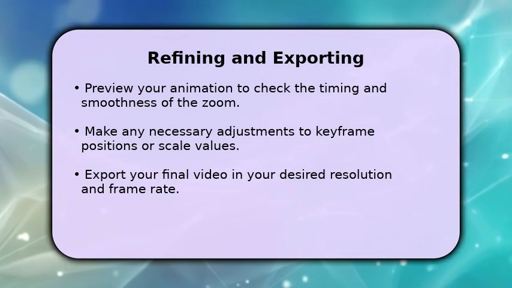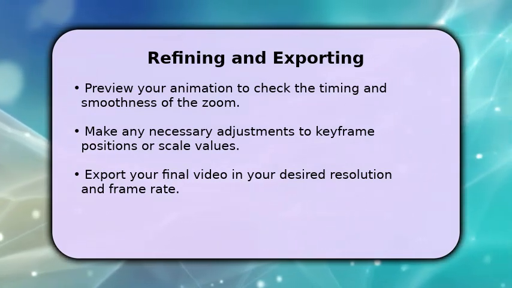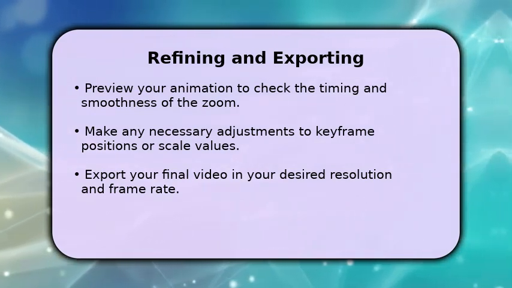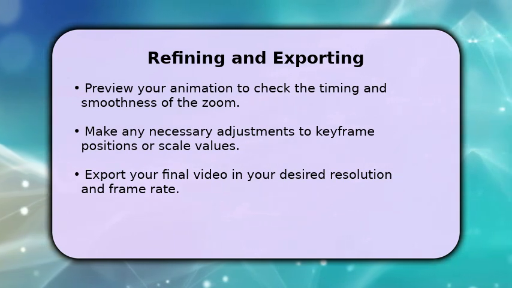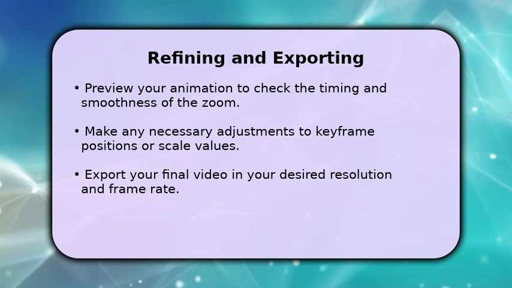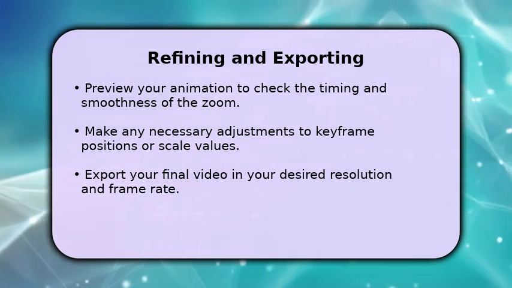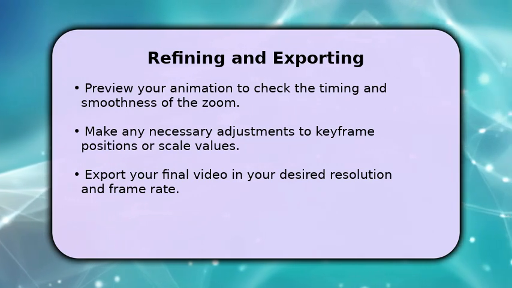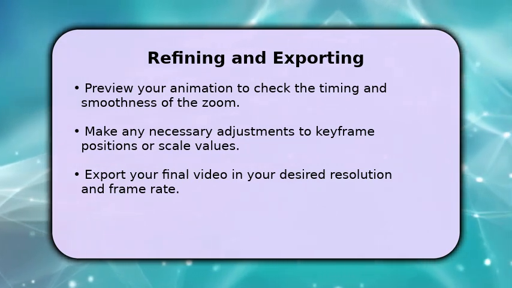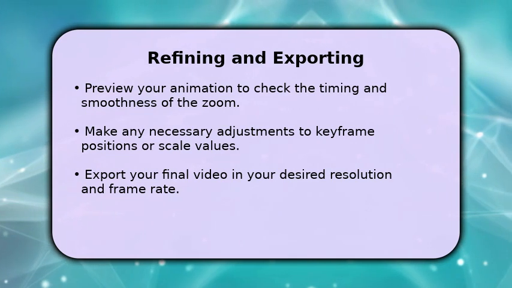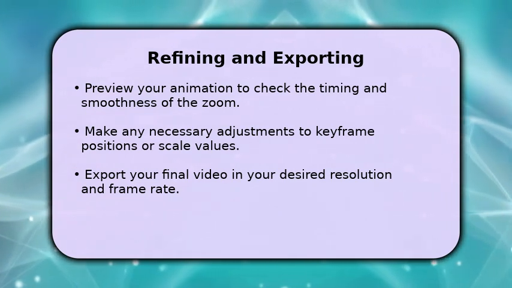Finally, it's time to refine and export your work. Play through your animation to ensure the circle zoom looks exactly as you envisioned. Adjust keyframe timings or scale percentages if the zoom feels too fast or too slow. Once satisfied, tap the export icon, choose your preferred resolution, like 1080 pixels, and frame rate, such as 30 frames per second, then save your